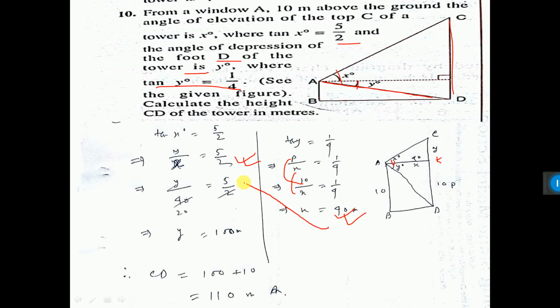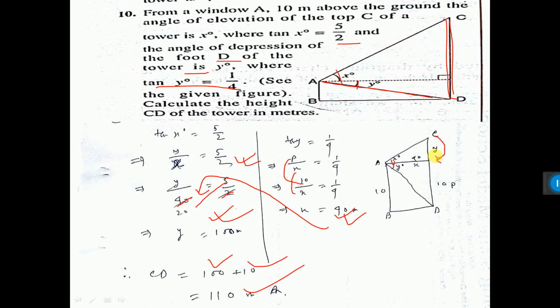Now after getting it, you put the value of x, 40. Then 2 20s are, now 5 20s are 100. This is the value of y. Now CD length, CD equals y plus 10. Now y value I have got, 100 plus 10, that is 110 meter. This is the answer, the tower's length. The question says the height of the tower in meters. So the height of the tower is CD.